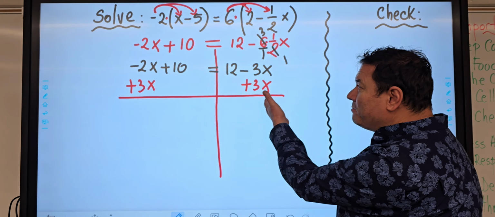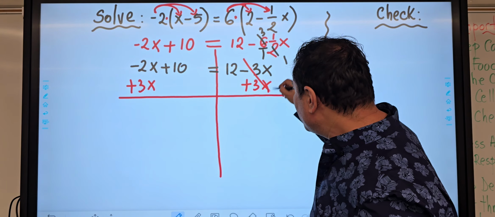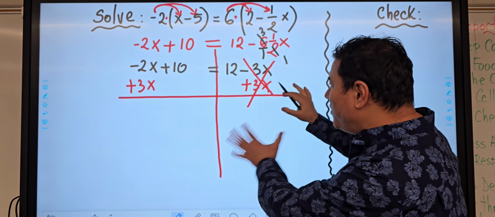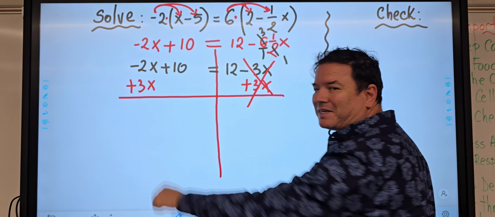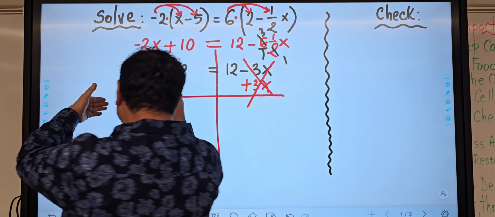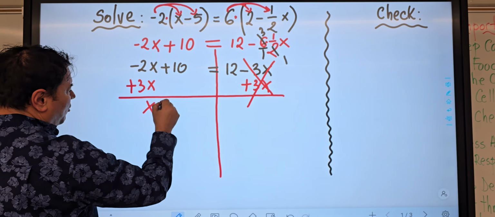If we take a look here, negative 3x and positive 3x cancels out. No more variables on this side of the equation. And all the variables moved to this side of the equation. 3x combined with negative 2x becomes just 1x, or just x plus 10